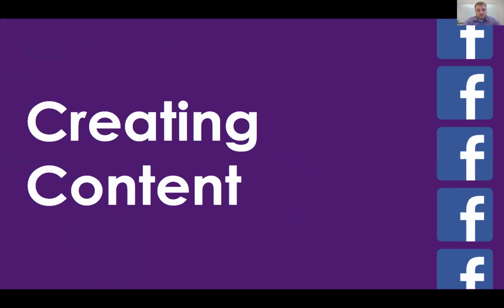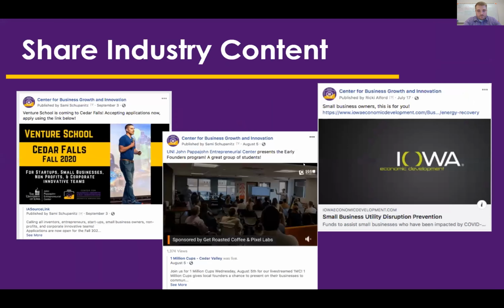Okay, so now we're going to transition into, once we have our Facebook page, how do we create content to post on the Facebook page? If you're ever stuck and you don't know what kind of content to post, or you're running out of ideas, go ahead and share industry content. For example, the CVGI shares information from different partners like Iowa SourceLink or 1 Million Cups or the IEDA, and